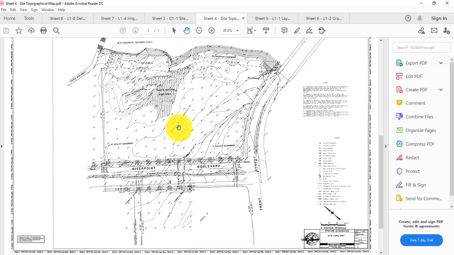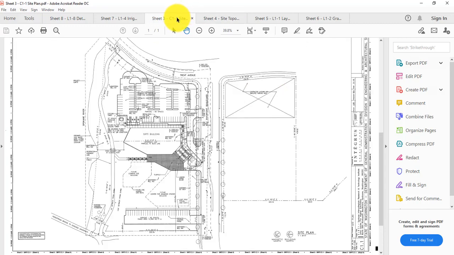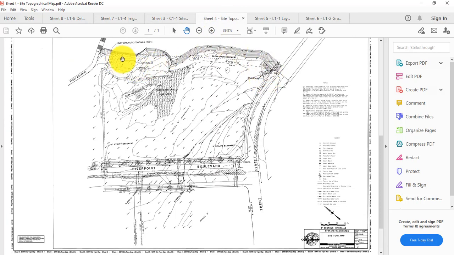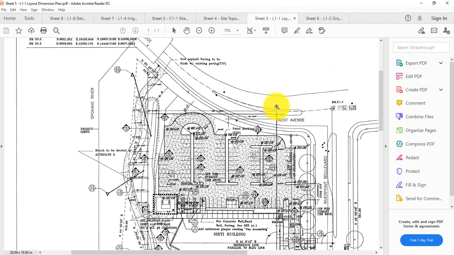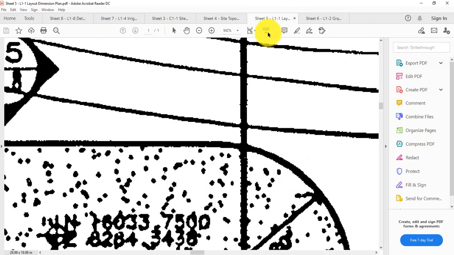You can tell that there's the contour lines there, the waste material or the dump area, some rock formations, and then this is the river. So watch out for this, because you can see that the whole thing is rotated on the site plan. The river is on the left side right here. On the topography plan it's up at the top there. Okay, sheet number 5 has